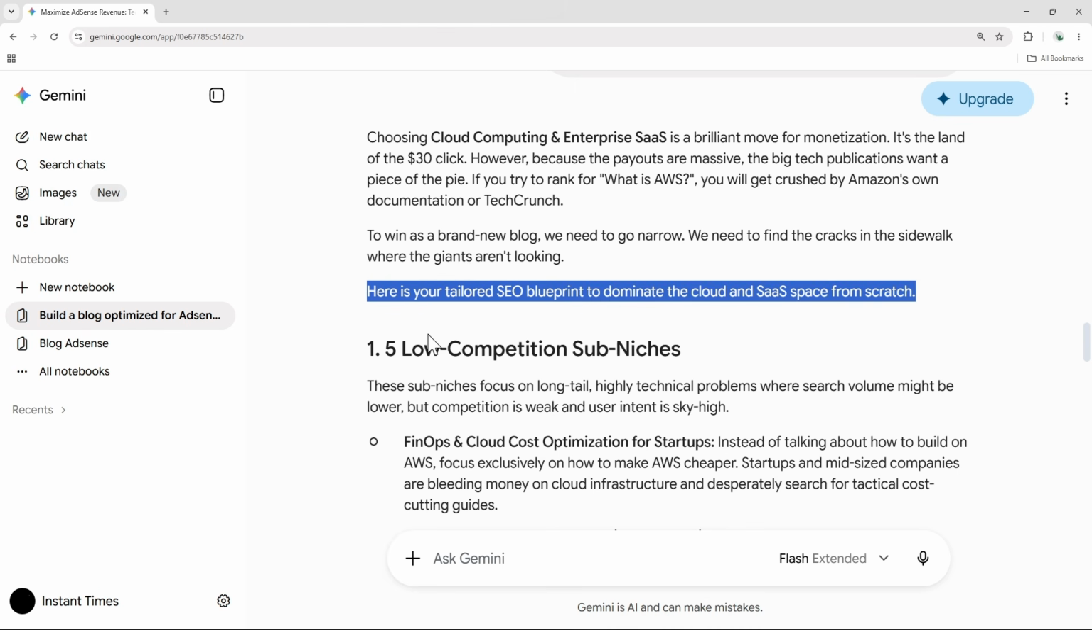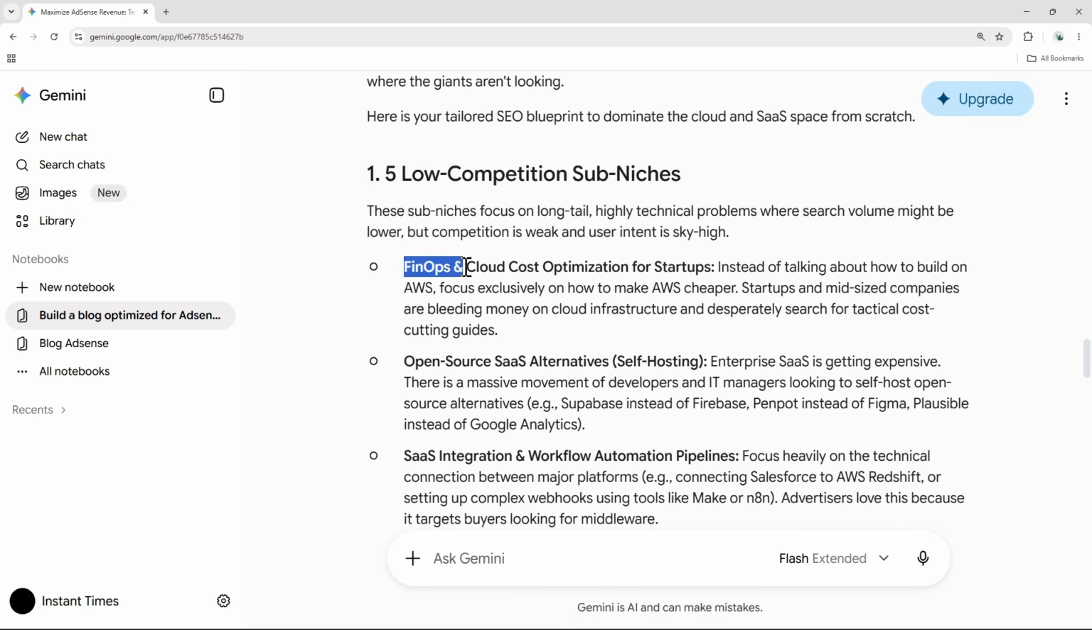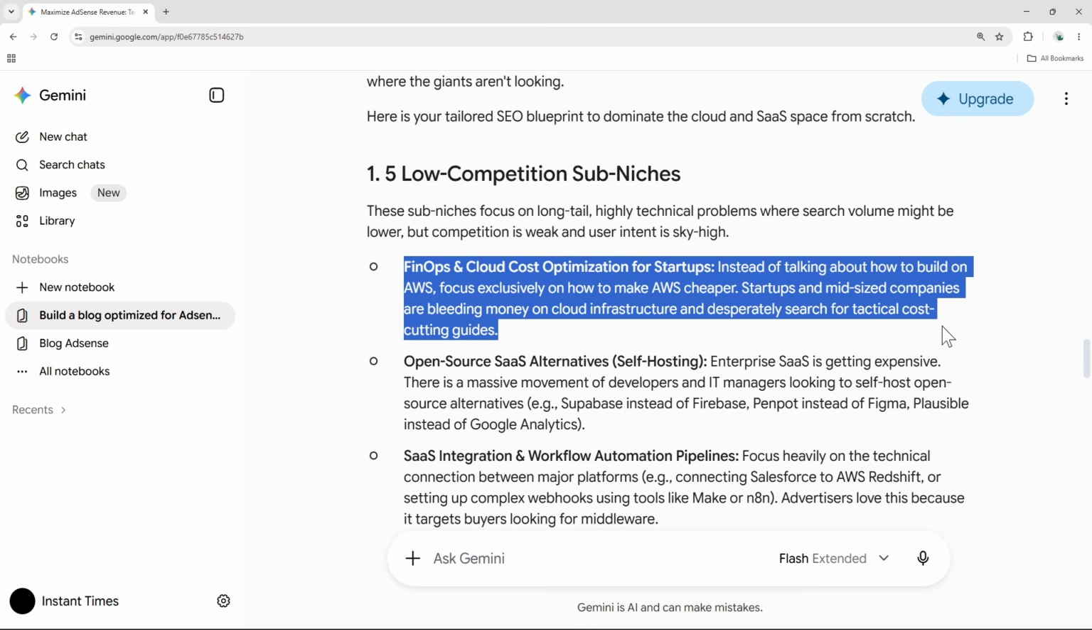Gemini then suggests several possible sub-niches. The first one is FinOps and Cloud Cost Optimization for Startups. This niche focuses on creating content that teaches startups how to reduce their cloud computing costs, optimize their infrastructure, and avoid unnecessary spending on cloud